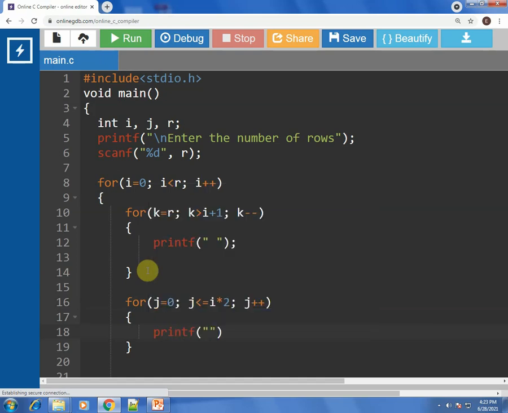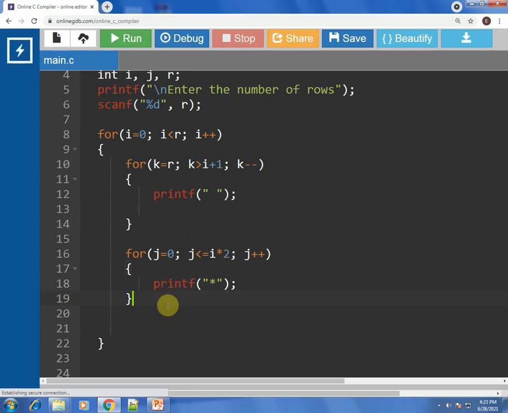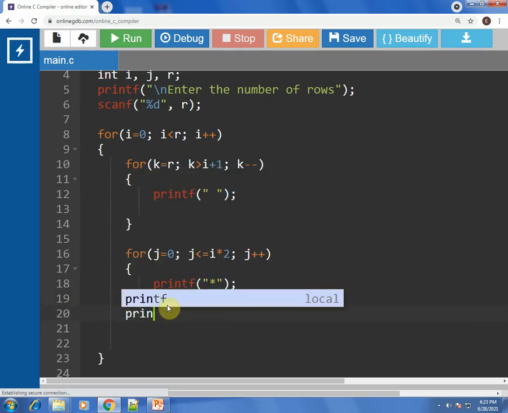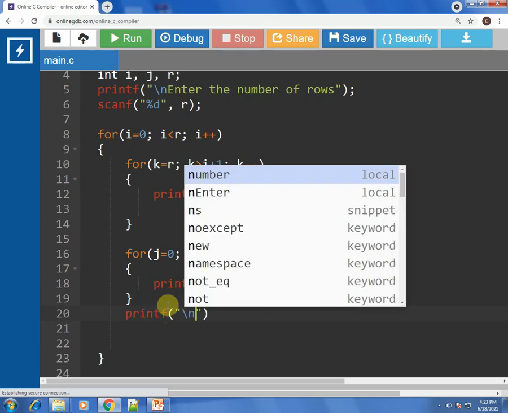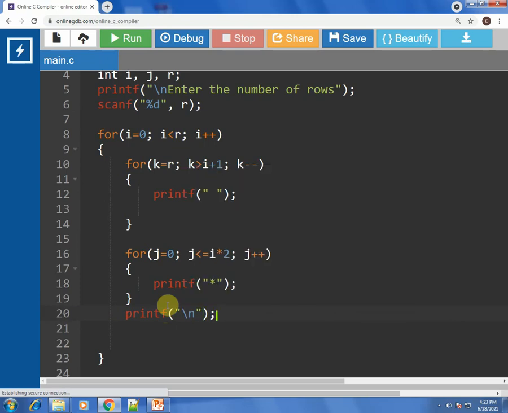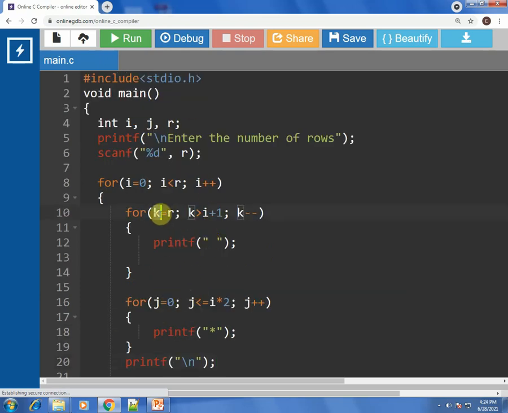So just put a printf statement, put the asterisk sign, and end it with a semicolon. After this let's print a new line, because everything will appear on the same line if we don't add a new line character over here. So that is it with the program. We have not declared the variable k. Let's declare k since we have used it, and that's it.